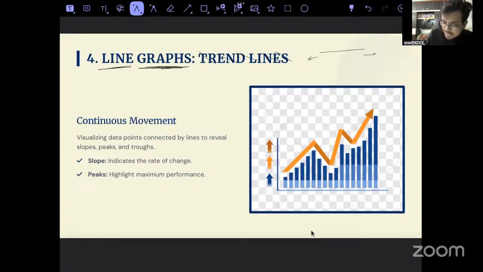And a line segment, what is a line segment? As we are already talking of lines, I thought let me tell you guys about line segments as well. What is a line segment? It has two endpoints. What is a ray? It has one endpoint and on the other side it can go till infinity.